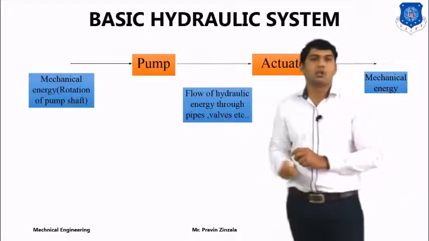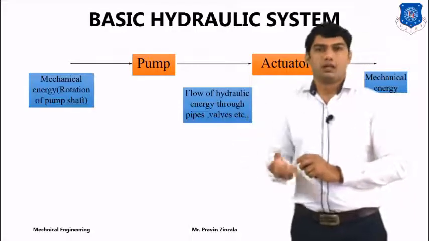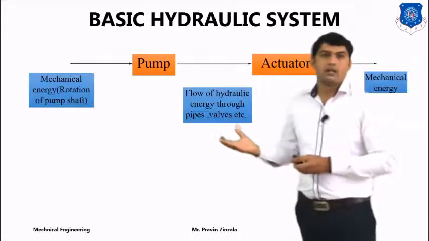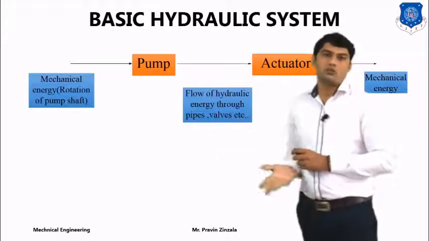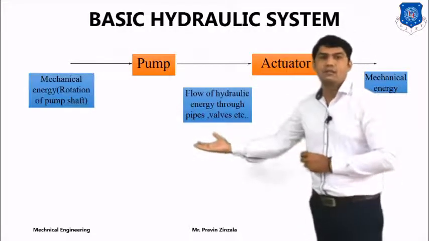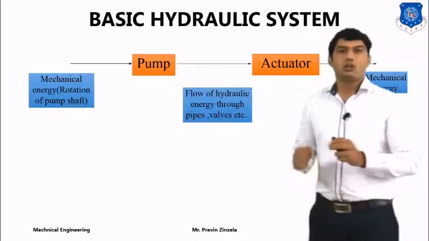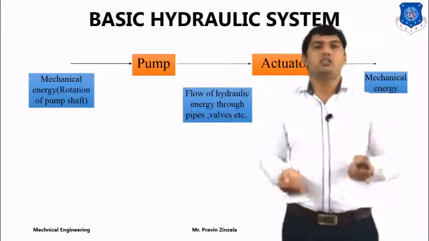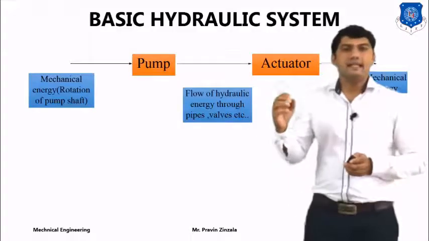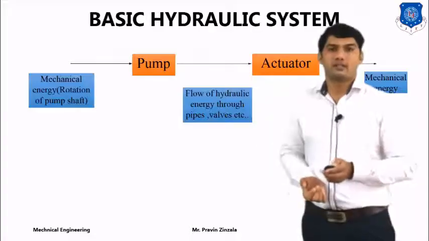Hydraulic energy is used to reduce human effort or for lifting heavy loads. Let's take one example. If we want to lift a 100-ton weight by human effort, it is not possible. But by utilization of hydraulic energy, we can easily lift the 100-ton weight. So we can also say that hydraulic energy is used to overcome human limitation and for easy operation of industrial applications.